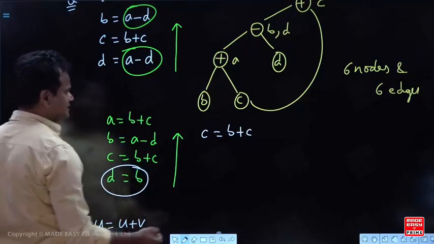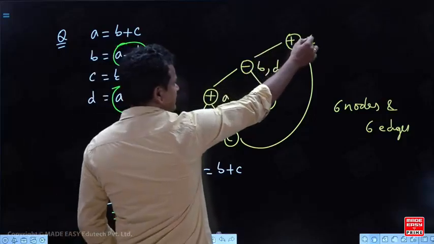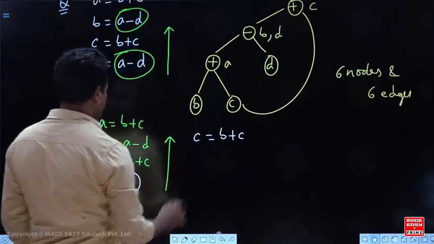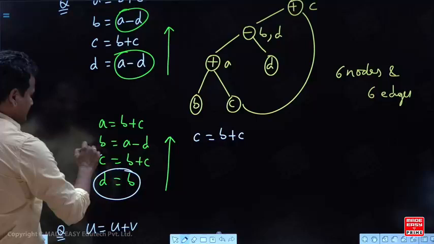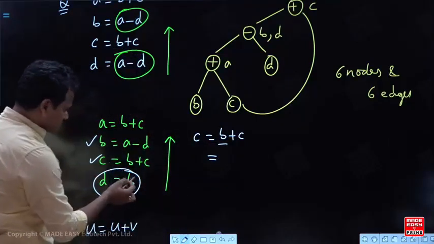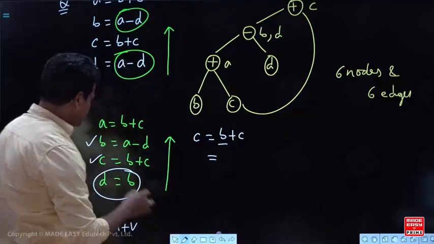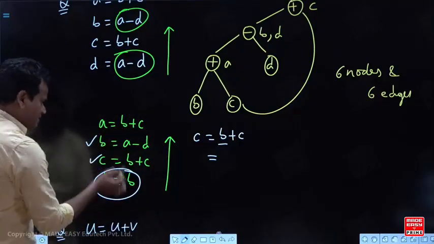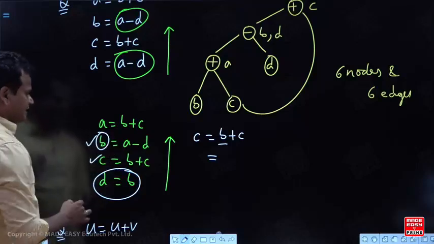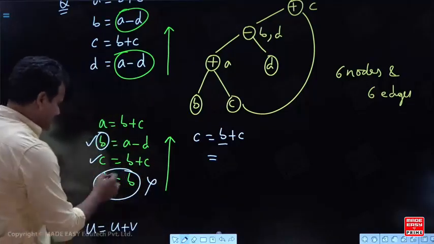Then C equal to B plus C. And even the final value is here, C. Now C equal to B plus C, done. Next, are you following, guys? So this is D equal to B, the single. Don't take D equal to B, both are the same. In B place or in D place, we will use D only. That is the reason I am skipping. Why are you skipping? Because D and B both are the same.